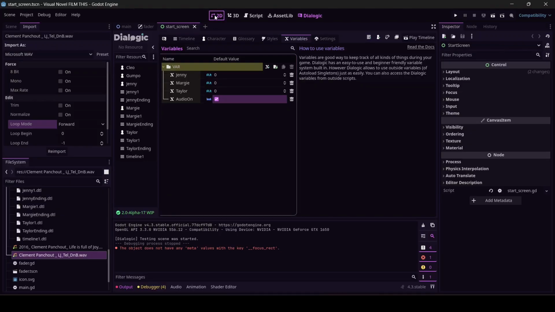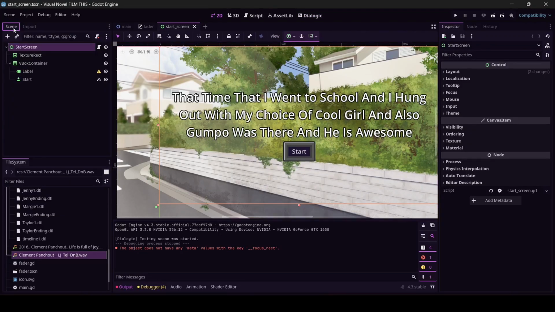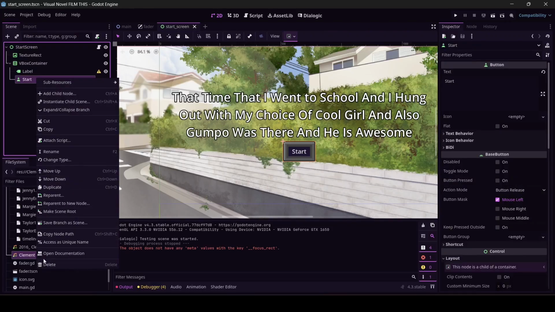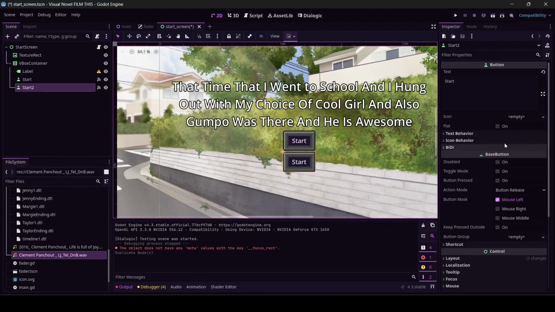Let's go back to our start screen. This start button, I'm going to duplicate it. I'm going to make the text audio. Oh my goodness. Space on space. Nailed it.